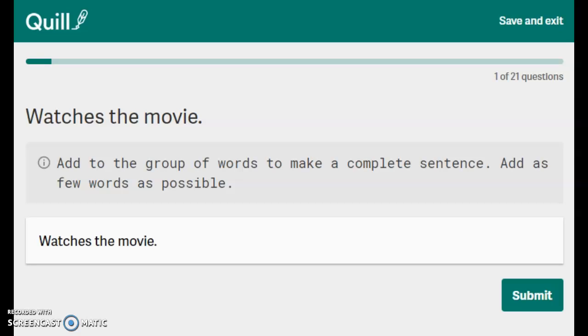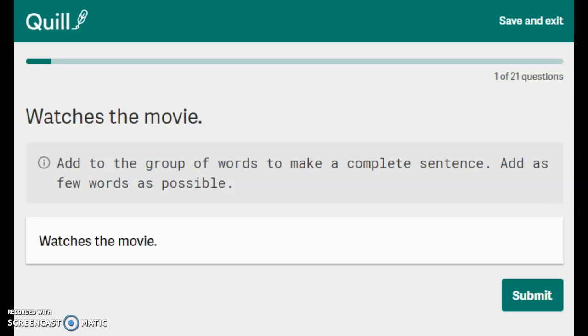So when you click on Clever, there'll actually be like a little test. And what this test will do is determine what type of lessons to create for you. So kind of like iReady where you do a diagnostic and then it gives you lessons, same with Quill. So I'm going to give you an example of what you need to do. Once you open it up, it will have a diagnostic ready for you to go, and you answer the questions